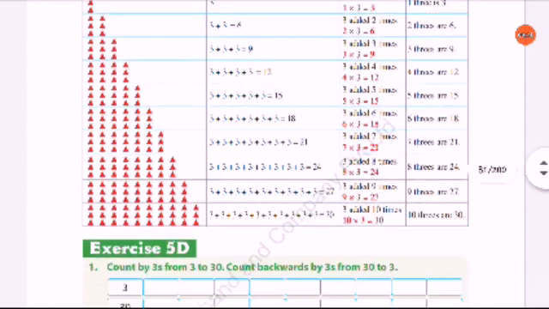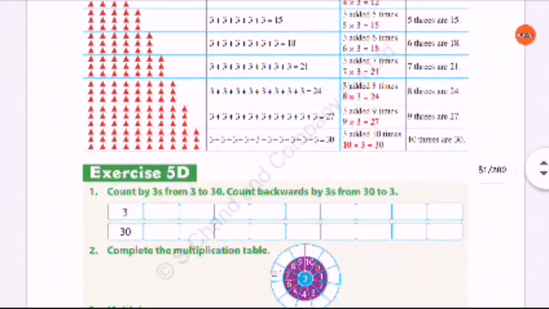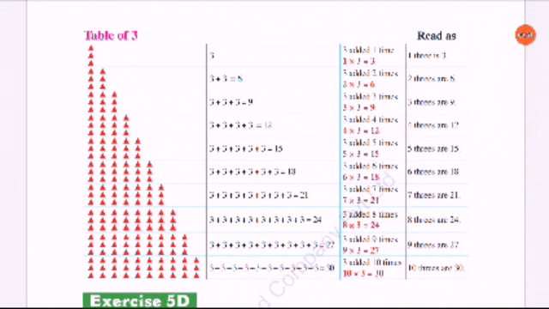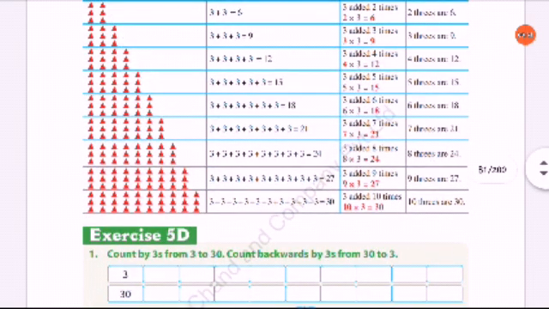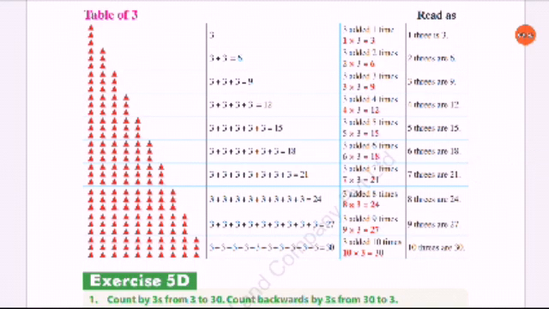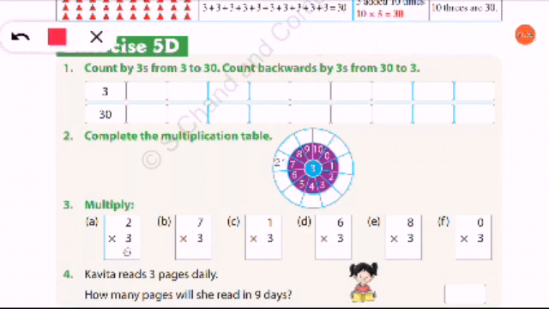So before doing this exercise, you have to just learn the tables. Before each and every exercise, tables are given. If you have learned this table fully and nicely, you can do the sums in the exercise very nicely. You will never do wrong. So before each and every exercise, learn the tables of every number 2, 3, 4, 5, up to 12, and then you can start our exercise 5D.